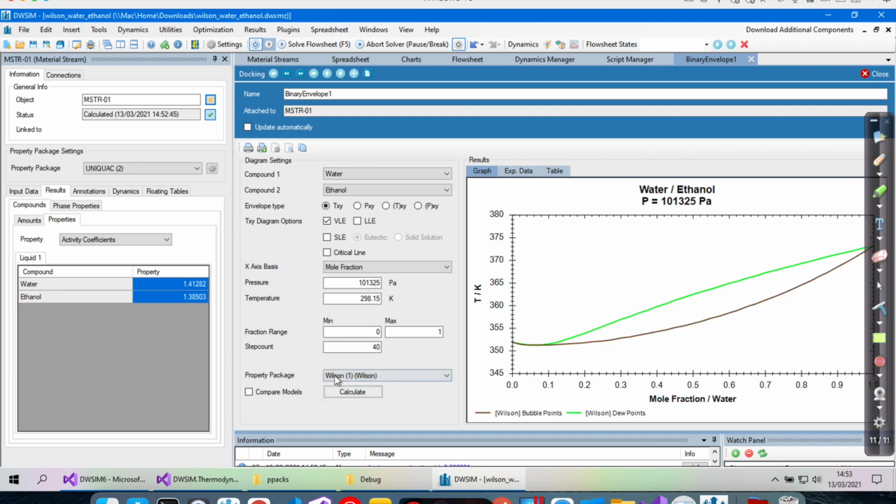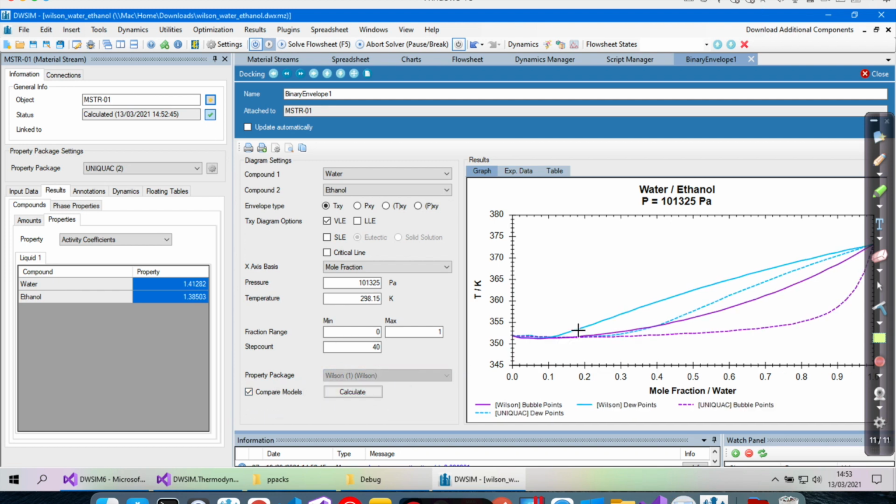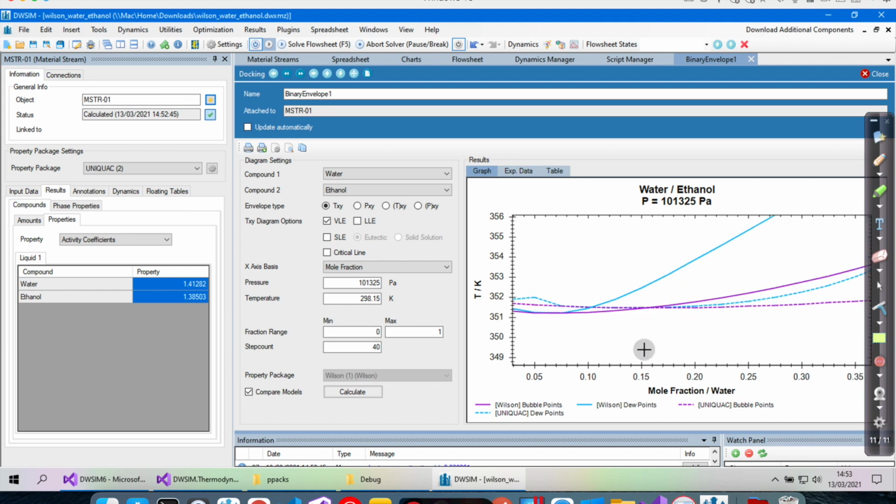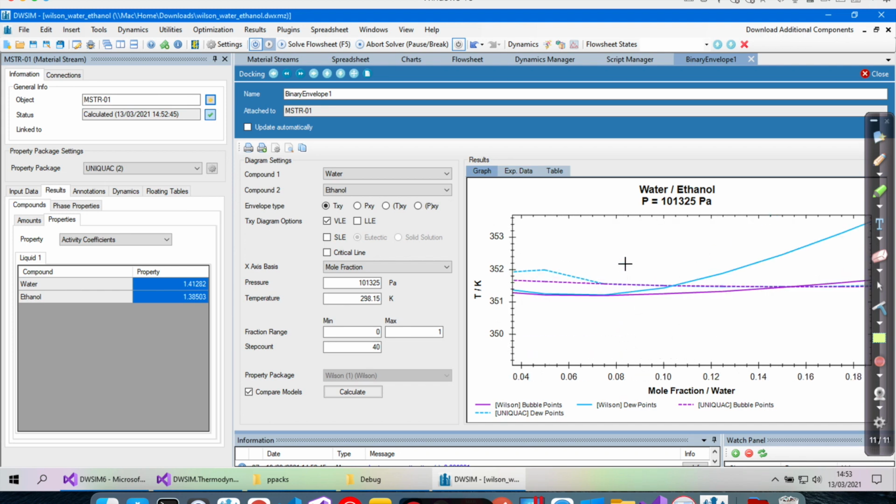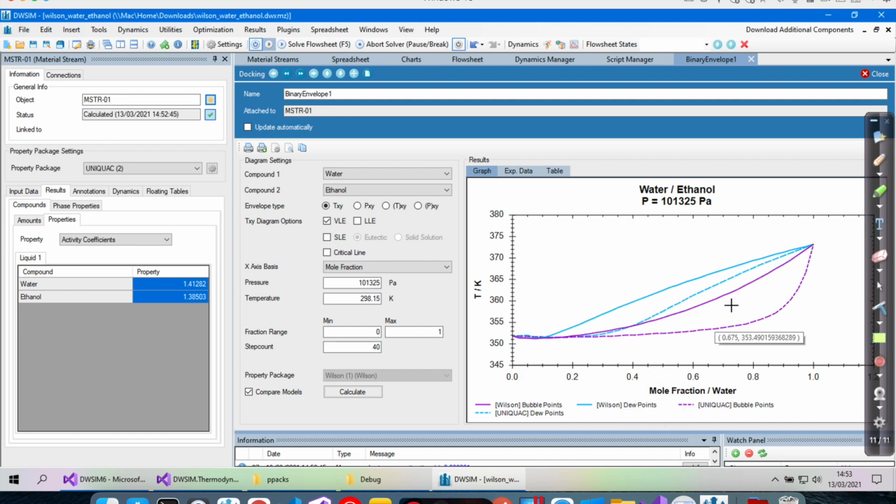Yeah, it's not quite there, but if we compare the models, honestly, I don't know if this is what we would expect from the Wilson model. Yeah, I know, that's surprising. Sometimes you have really this kind of difference between one and the other. I'm not sure if this is what we would expect, but